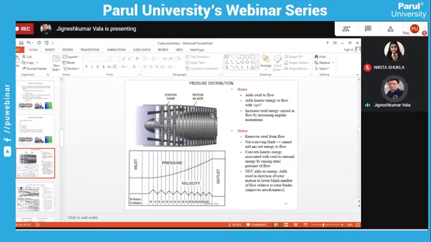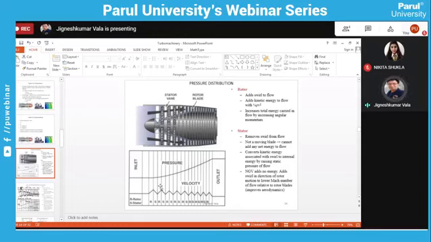If we are talking about one blade of stator and one blade of rotor, we can say this is known as the first stage. If we are talking about the second stage, the second stage has two blades of rotor and two blades of stator. Here is the pressure and velocity variation inside the